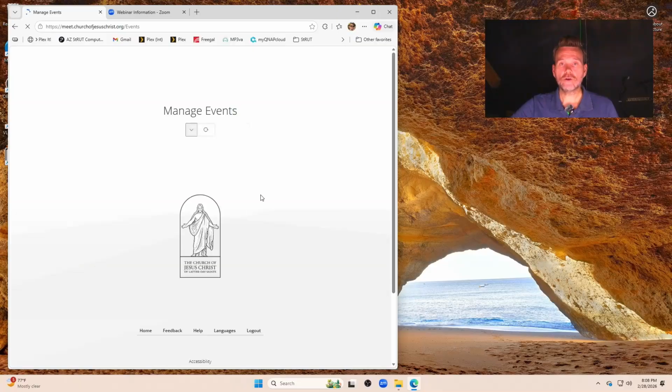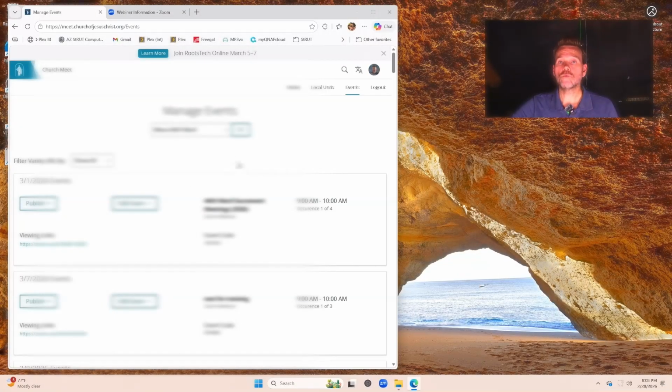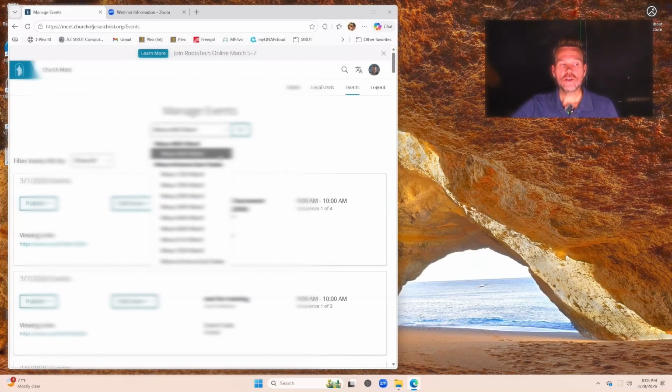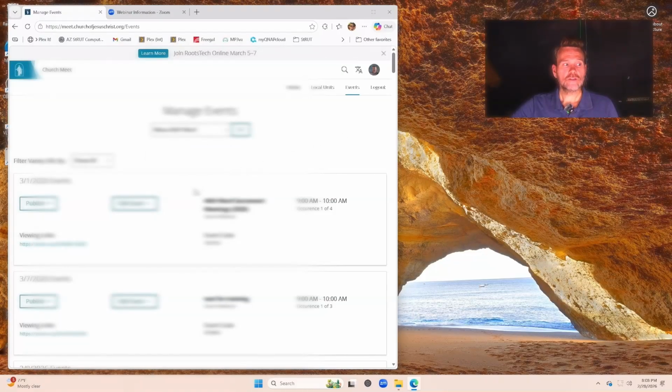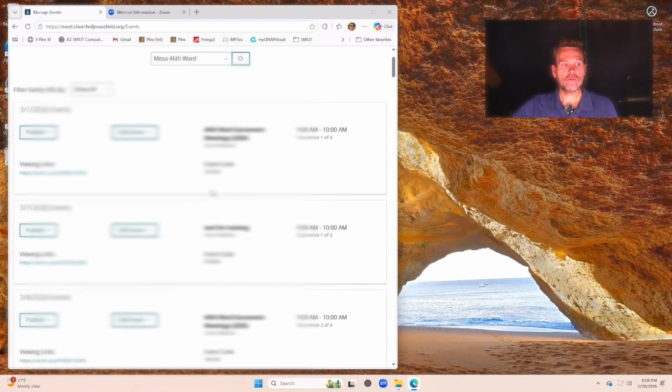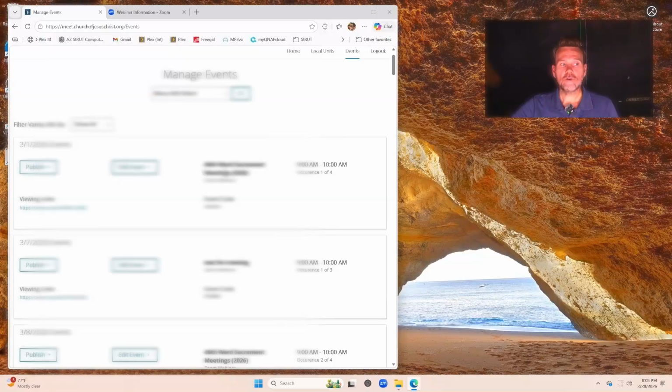Now, depending on your calling, you might see other wards. I have the stake level, so I can see every ward's broadcast, and I can help them with these things, including the stake itself. By default, you might just see your own. And so here we look, and we can see that I have the ones that I already created,